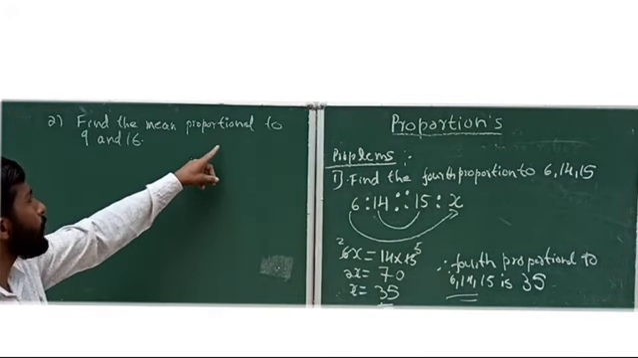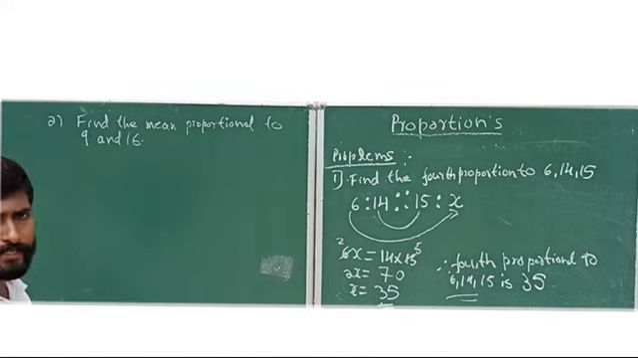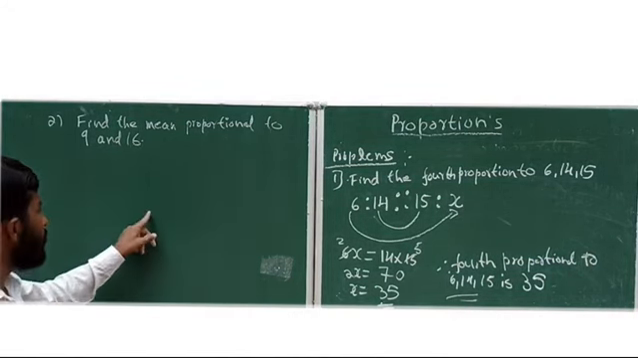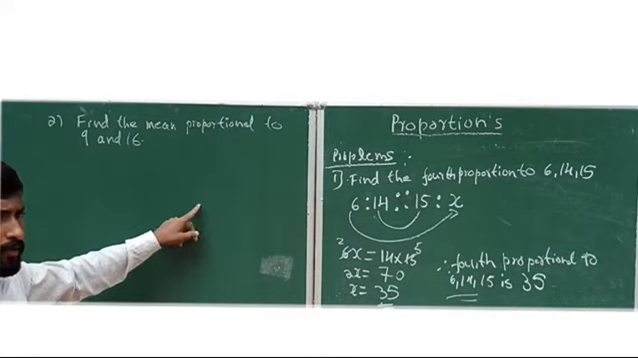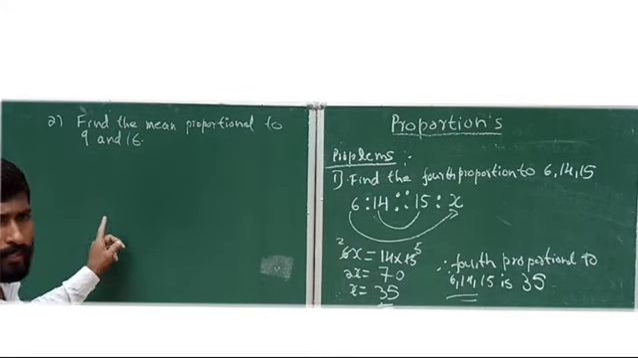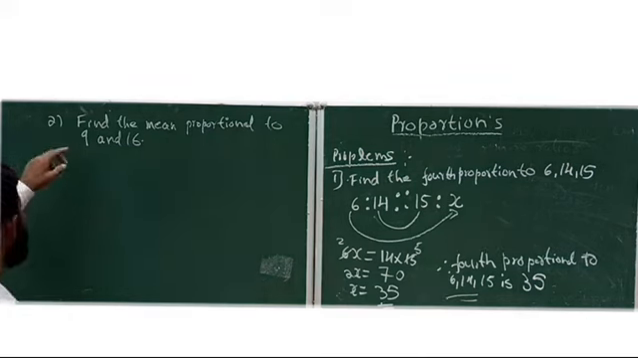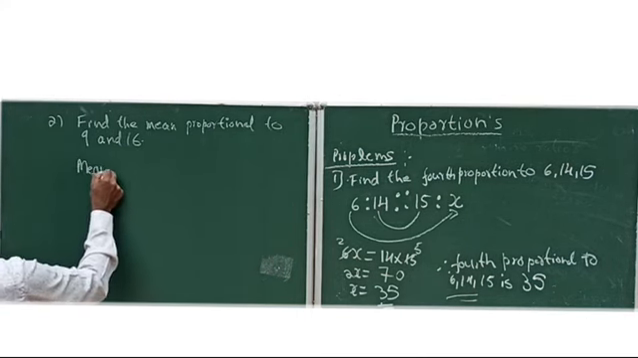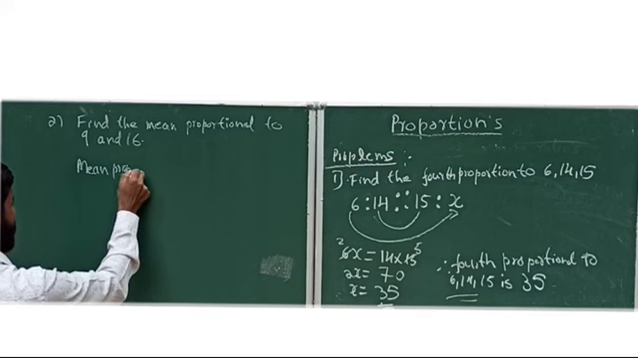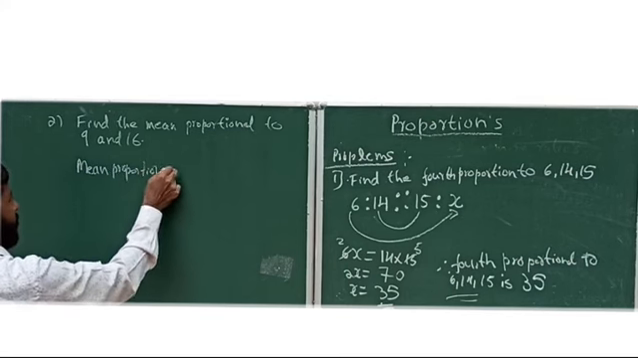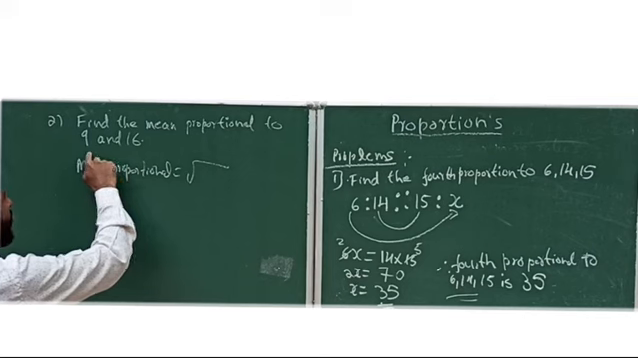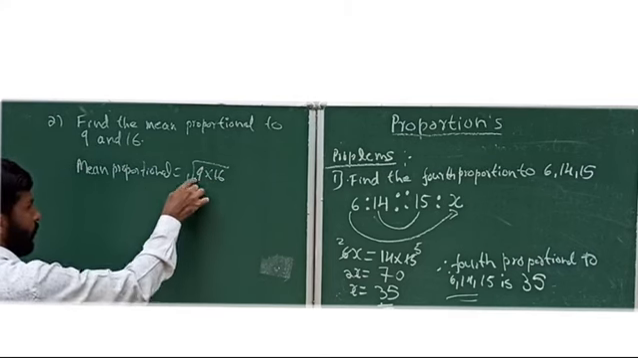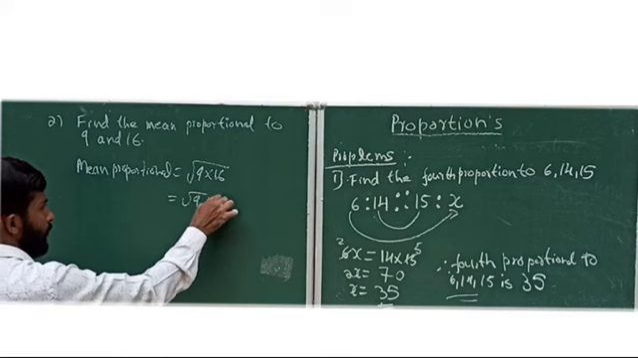Find the mean proportional to 9 and 16. We have a direct formula, right? A, B, C are given. Then mean proportional is given by square root of AC. Here see, 9 and 16 are given. Use the direct formula. Mean proportional is equal to square root of the given two numbers, 9 into 16. It's equal to, you can write it as square root of 9 into square root of 16,